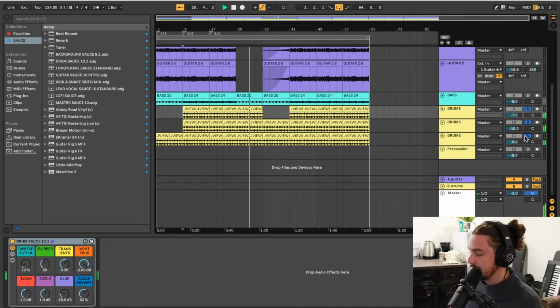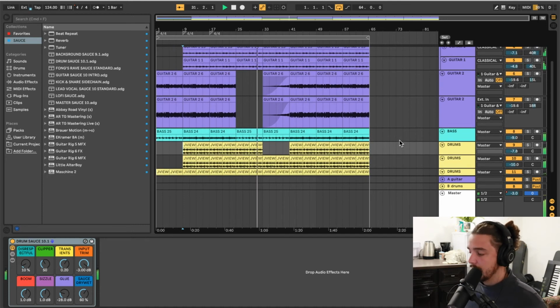So yeah, that's pretty much the beat. And then after that, it's all about how you arrange it. But that's more or less the parts that go into this. And then yeah, I really try and capture a lot of